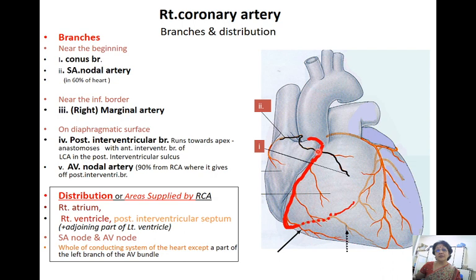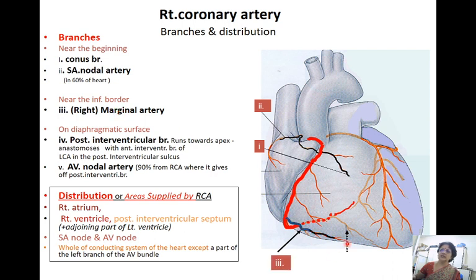this artery will not come from the right coronary. It is a very, very important artery because it governs the rhythm. You must remember that in 60% it is a branch of the right coronary. Now near the inferior border, the inferior margin of the right